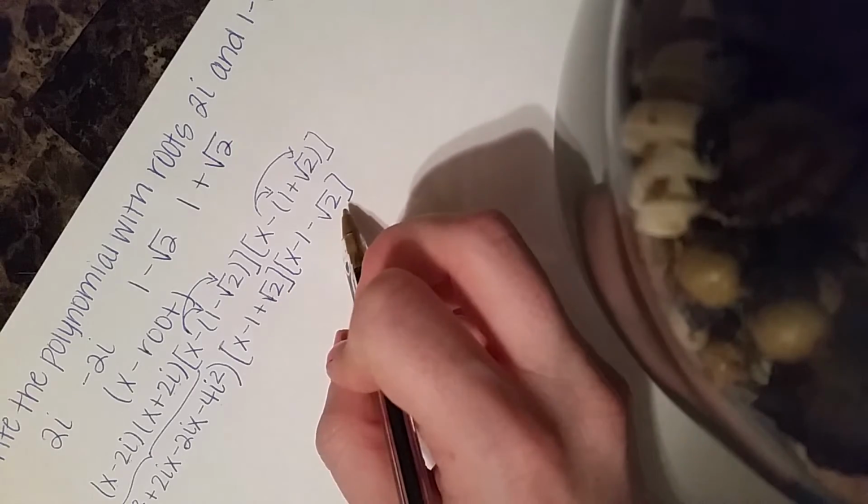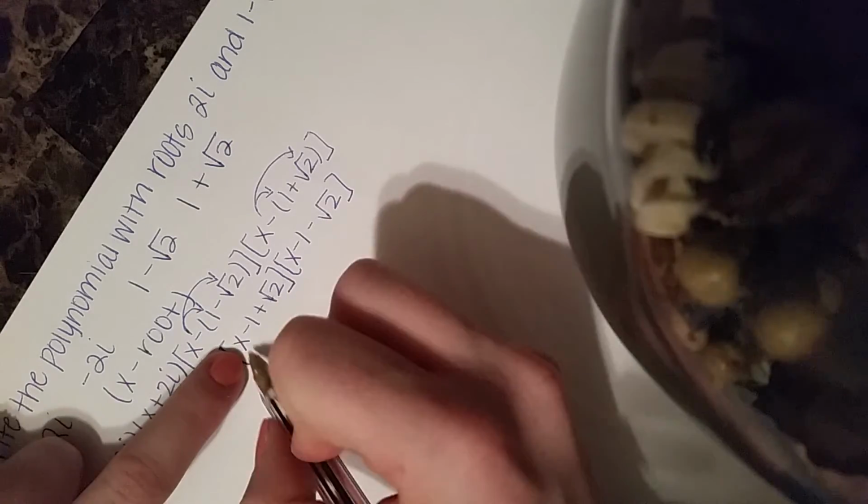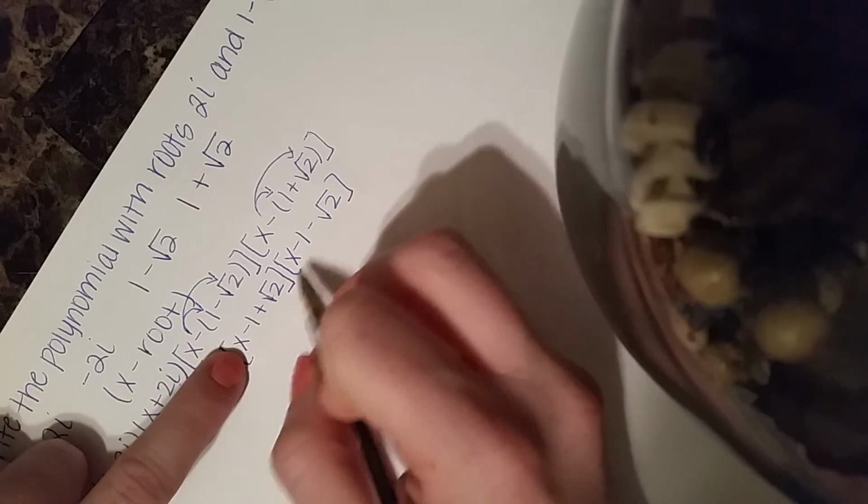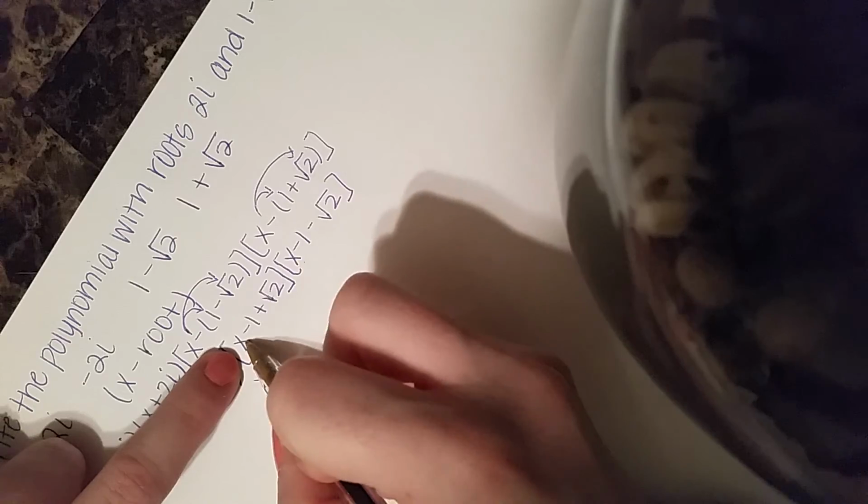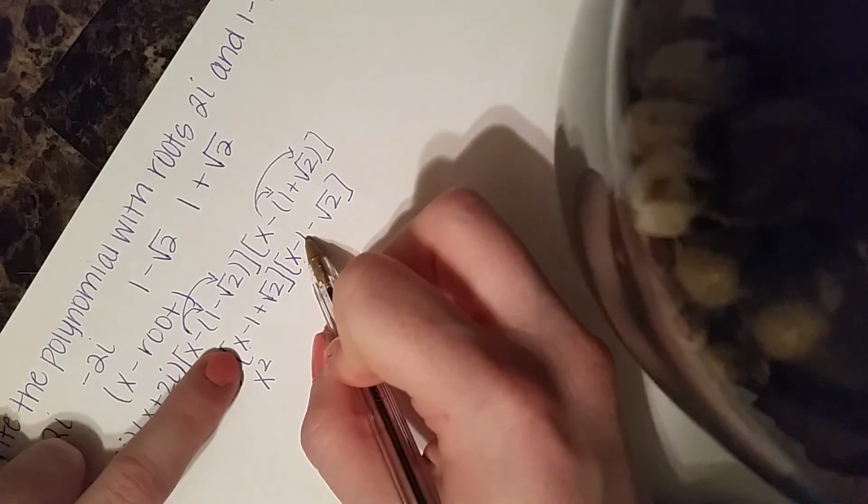So when I multiply this out, I need to do everything on the left hits everything on the right. So I take x all the way through what's happening over here. So x times x gives me x squared. X times negative 1